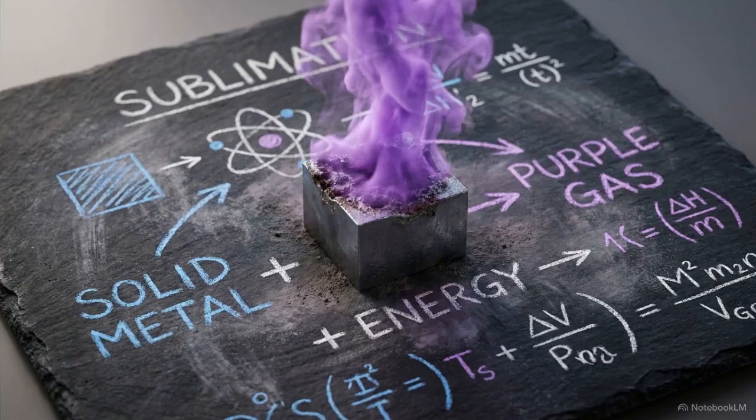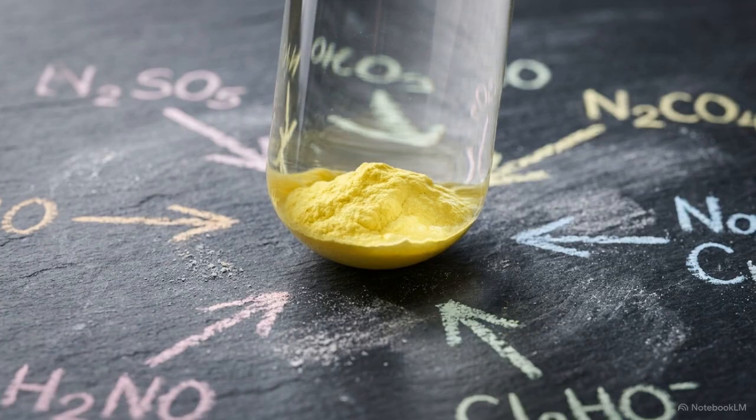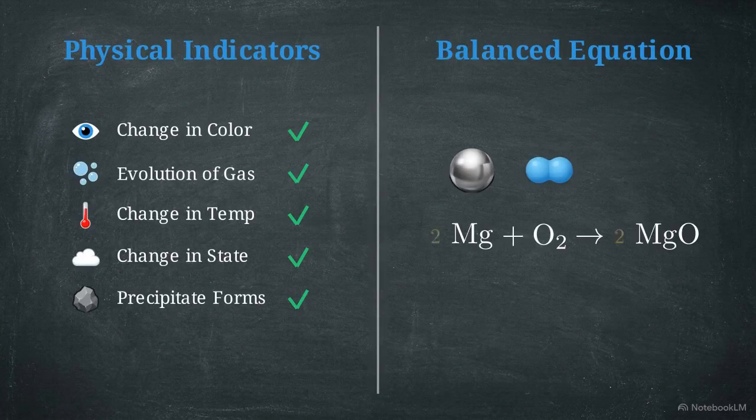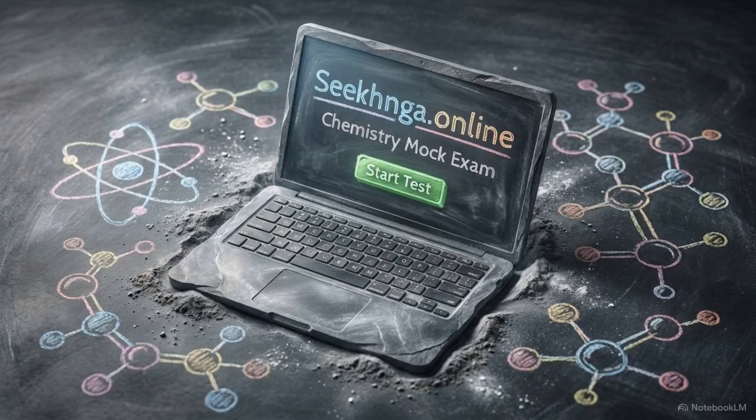You might also observe a change in the state of matter, or the formation of a precipitate, a solid that settles at the bottom of the container. Combining these physical indicators with balanced equations creates a rigorous strategy for your board exam. To test these concepts with real exam questions,